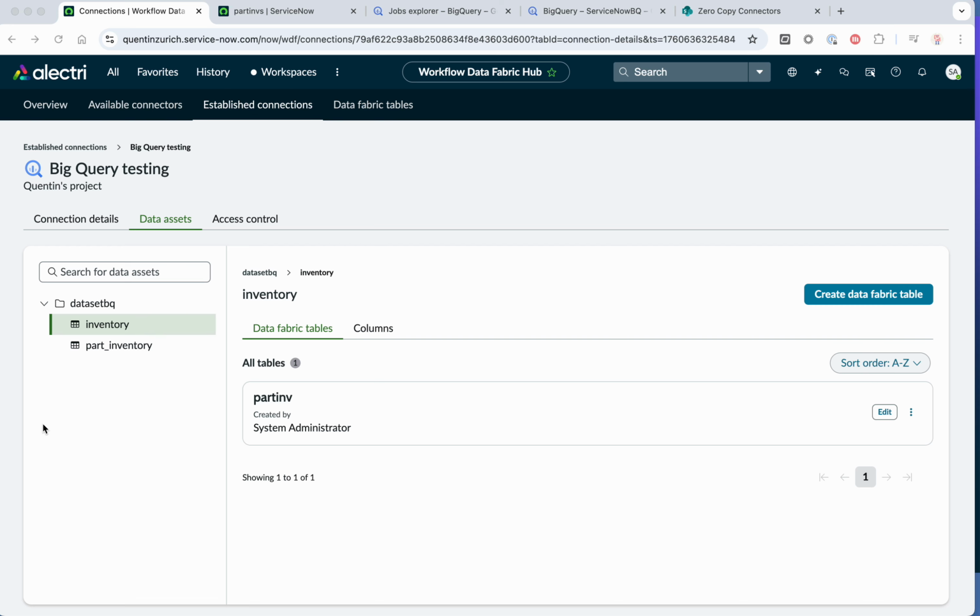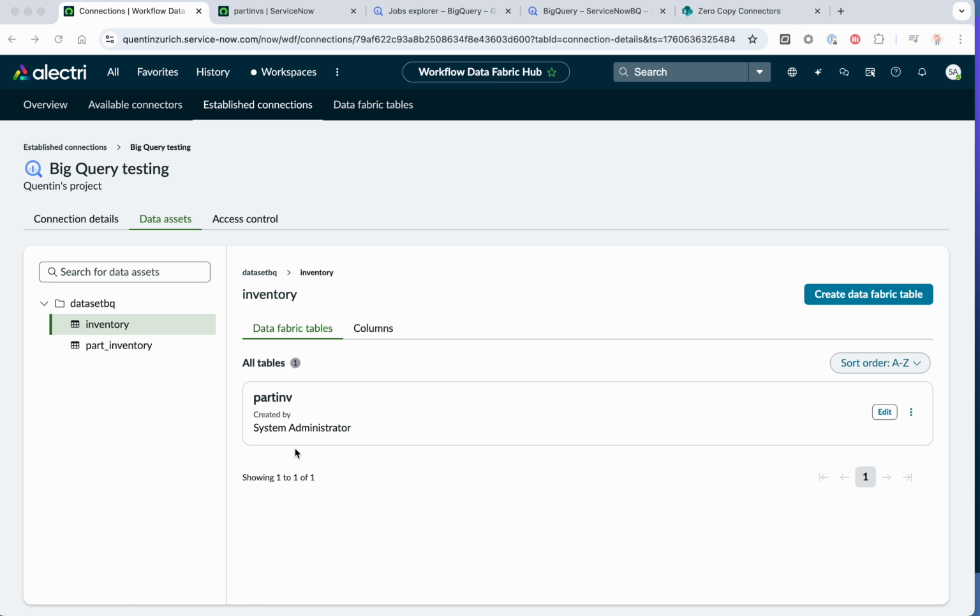To dive a little bit deeper into the Zero Copy Connector of ServiceNow as part of Workflow Data Fabric. In the previous video, I was showing how to make a connection to Google BigQuery to retrieve data from BigQuery. I've put a video out there for Databricks, maybe Snowflake too. The concept is exactly the same for all those data platforms, the way ServiceNow connects to those platforms. So I'm not going to re-explain how I established the connection to BigQuery, but I just want to show you that